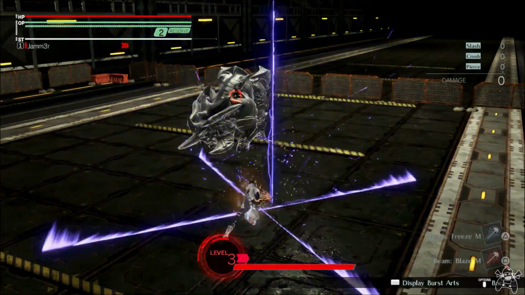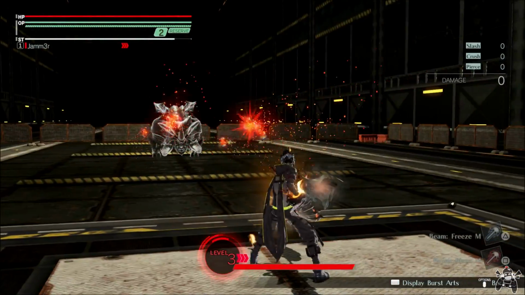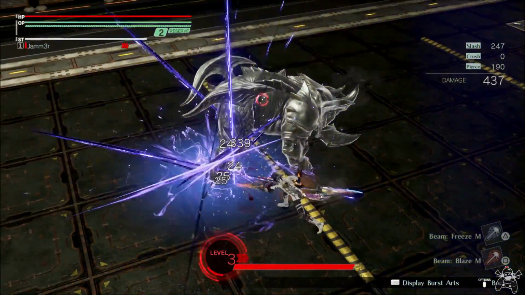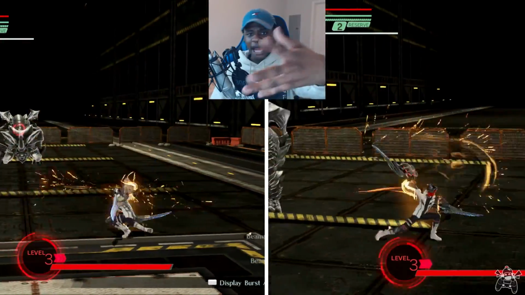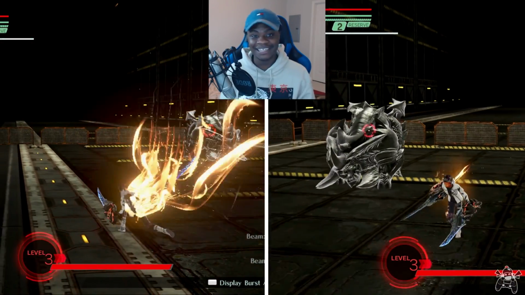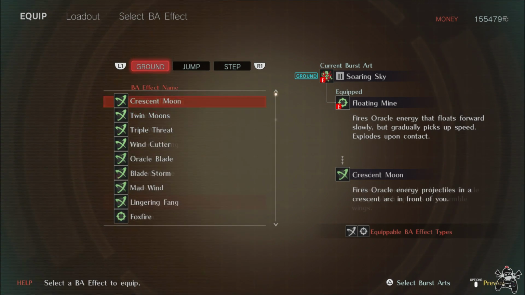Fire, explosions, mines that appear after you hit and start moving forward. There's like cool air slashing effects, some spark type of thing. I don't really know, but it looks cool. That's all I need. As of right now, I still haven't unlocked all the burst artifacts, and I'm 40 plus